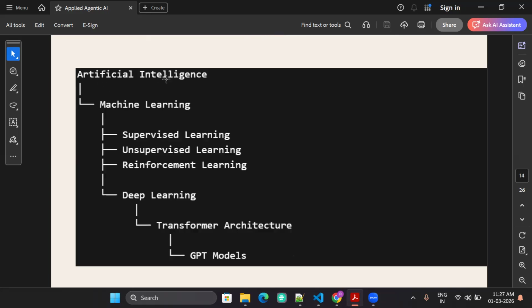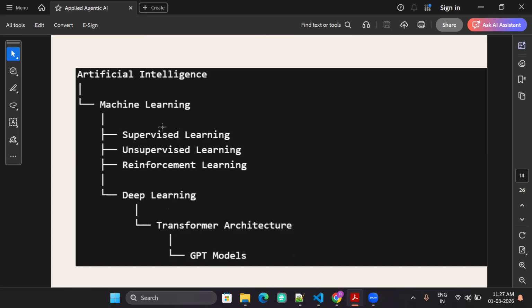So this is how it all flows: artificial intelligence, machine learning, and in machine learning we have supervised learning, unsupervised learning, reinforcement learning, and deep learning. And then in deep learning, there's a new architecture called the transformer architecture, which was used to create the GPT model. And then these GPT models became popular.